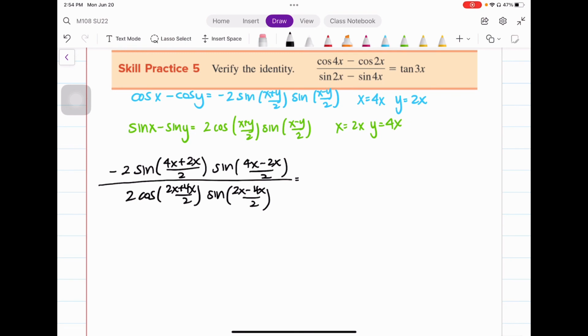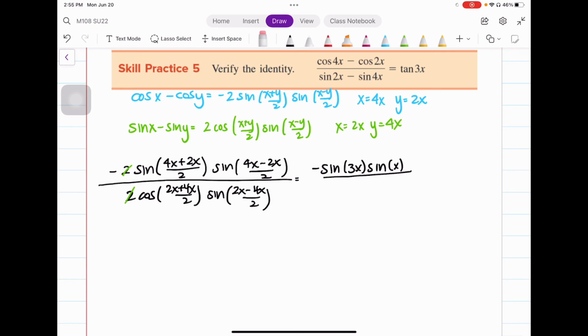We have negative 2 over 2, so that's a negative. The 2's can simplify, I can divide the 2's by 2 to get 1's here. I still have a negative. We simplify to negative sine 6x over 2, or 3x, sine 4x minus 2x, or 2x over 2, which is x,